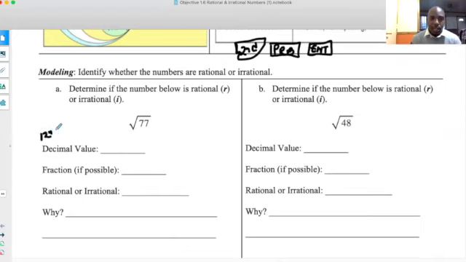Click on the second button. Then you're going to click on the X squared button. It looks something like this. That's the x squared button. All right. Once you click on second x squared, you'll see the little house thing pop up for you. Then put the number 77 in. Hit enter, and you'll get a decimal value like this,